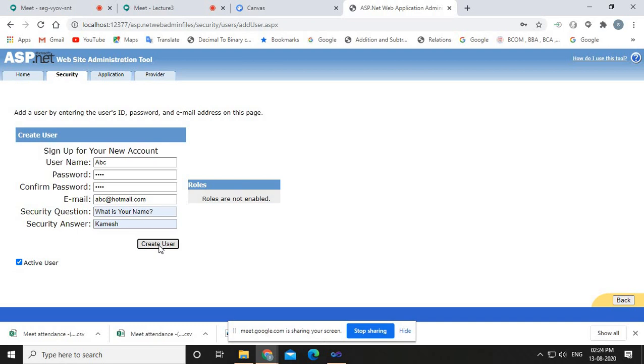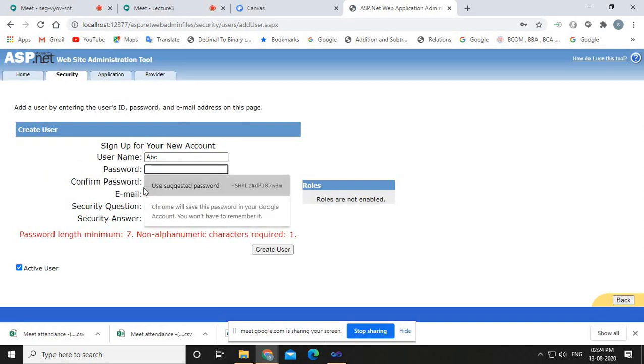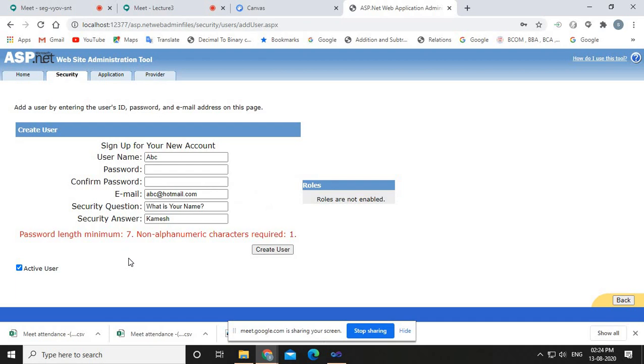If you click on this create user button, it still will give you the error message, because the password whatever we have kept here, in the password and confirm password field, is not actually a strong password, right?